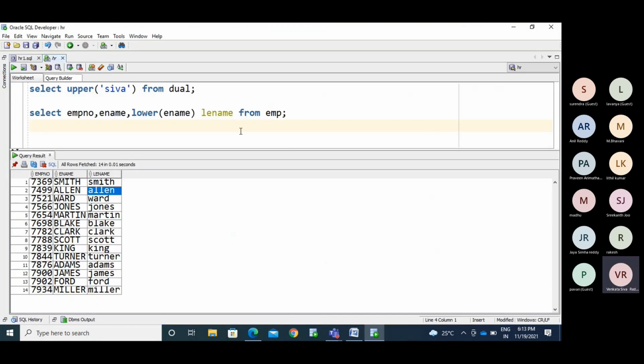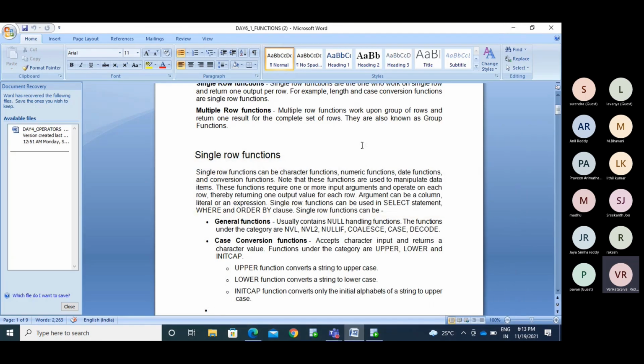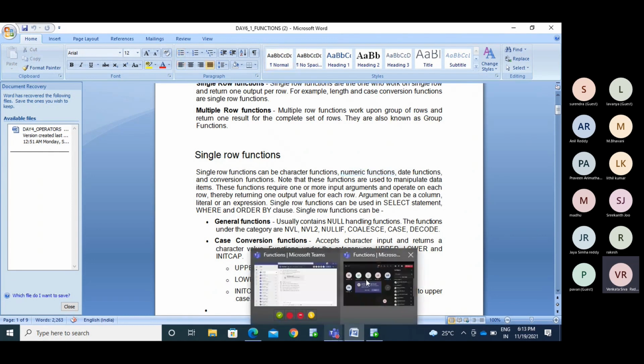We have a lot more similar kinds of functions here. Numeric functions work on number data type columns. Date functions work on date values.